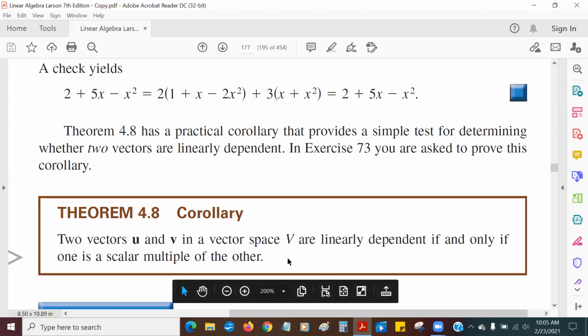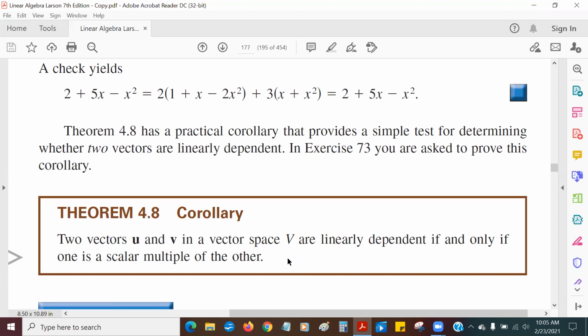So if I'm dealing with 3 or more vectors, this corollary doesn't apply. But if I'm just dealing with 2 vectors, then the only way 2 vectors are going to be linearly dependent is if one vector is a scalar multiple of the other vector. And this is, again, very hard to prove. You could do it as a